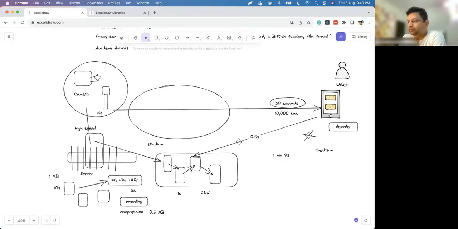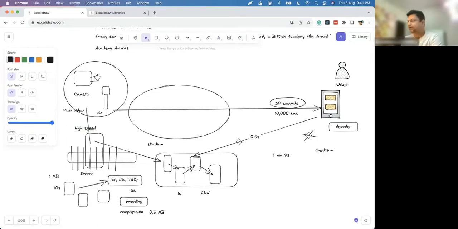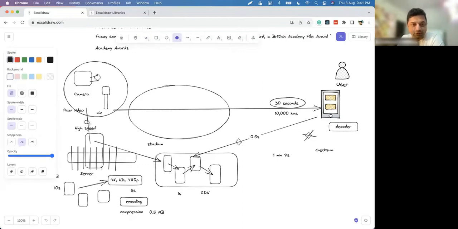Right. So basically what happens is you have another server here. You have raw video, which is what you are getting as input. Camera and mic will always record raw video. It will have a lot of data. Over this high-speed internet connection it will go and get into the servers. This is your server. There will be many servers, because you will maintain multiple servers so that they do not crash and you have high availability.